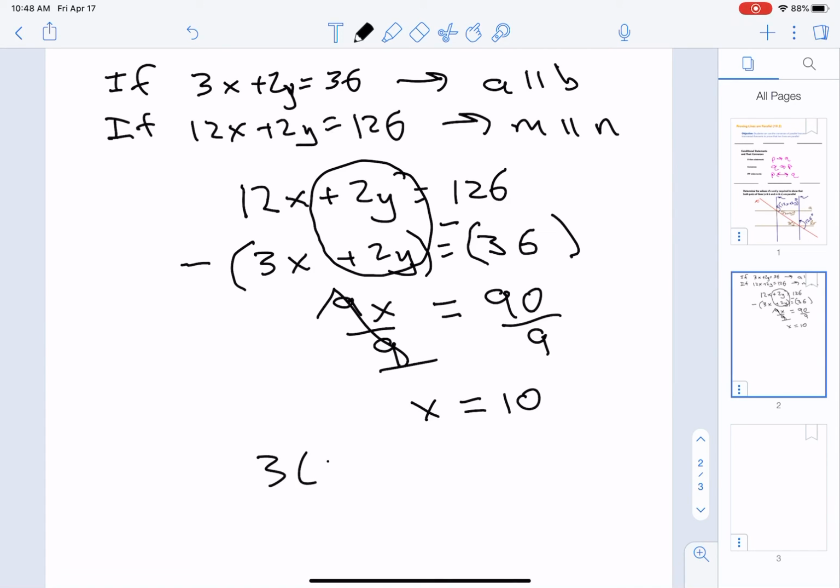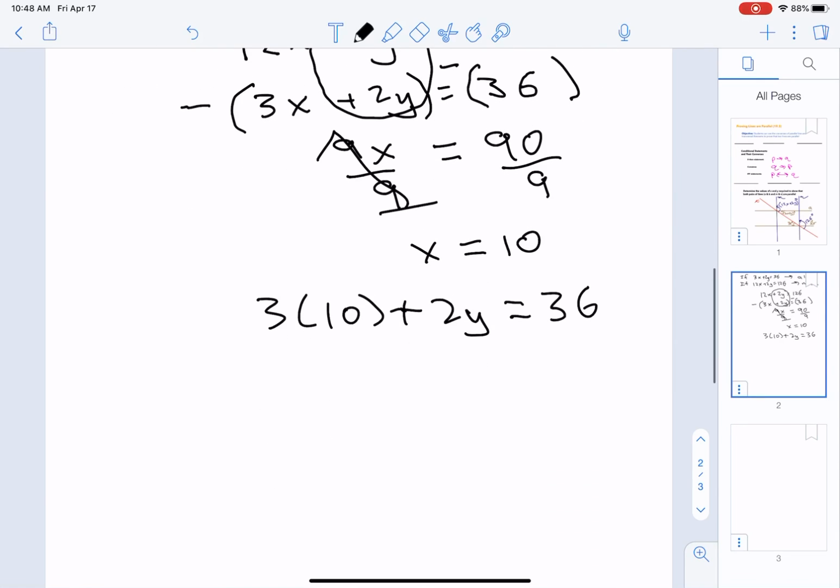I'm going to say 3 times 10 plus 2 times y equals 36. We get 30 plus 2y equals 36, and 2y equals 6, and y is going to be